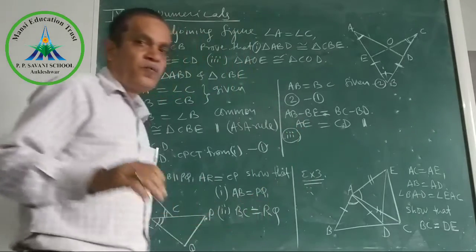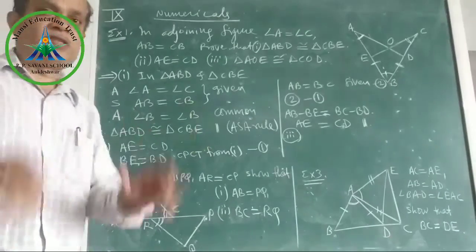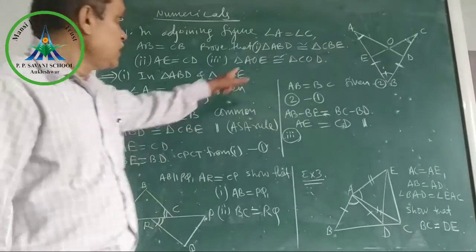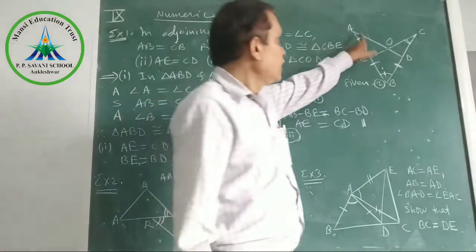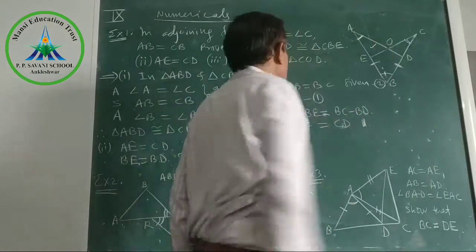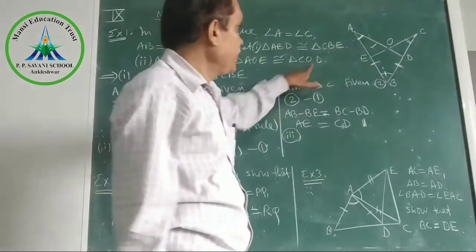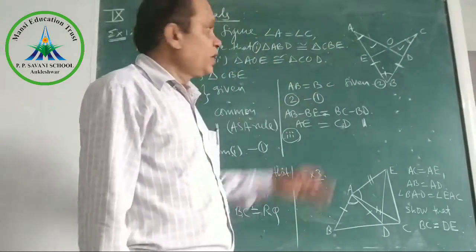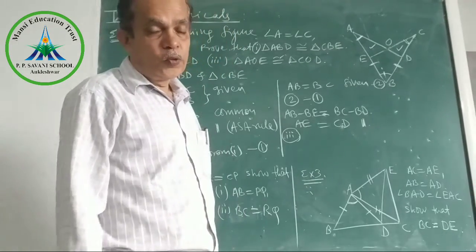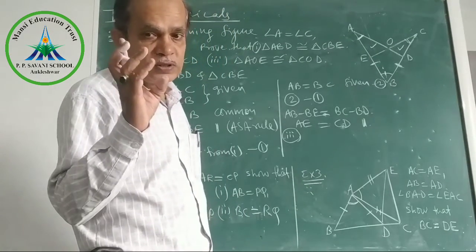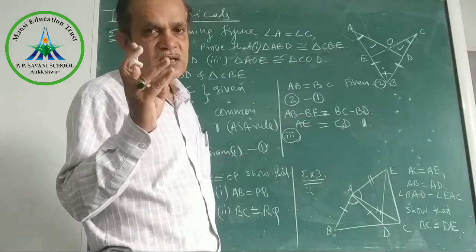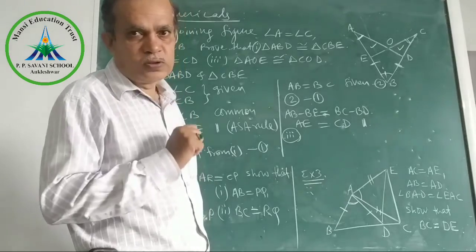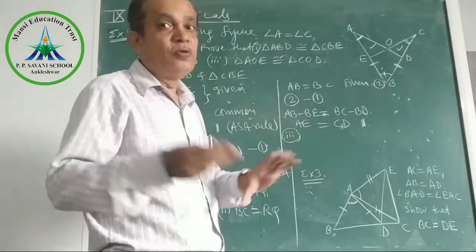Third part, we will read orally, discuss. You will write steps yourself. Right? Yes, what is third part? Triangle AOE, this triangle, and congruent triangle COD, this triangle. If we want to prove these triangles are congruent, we know the rules SAS, SSS, angle side angle, angle angle side, and RHS congruence rules. Yes or no? So just think which rule is applicable here.